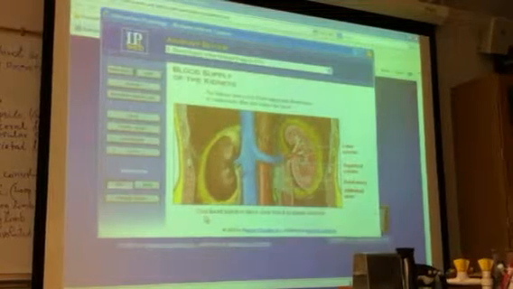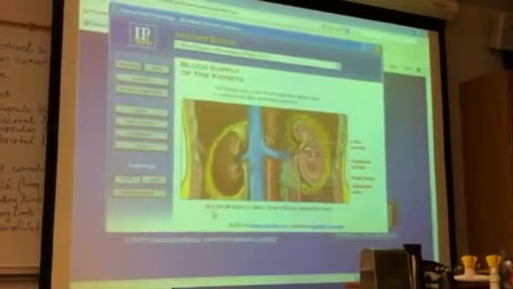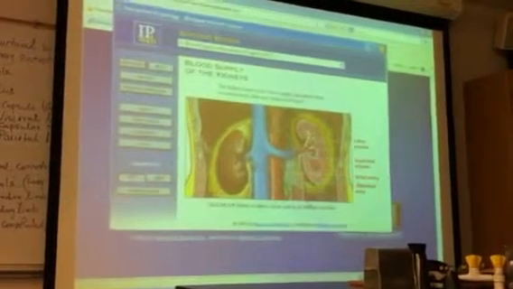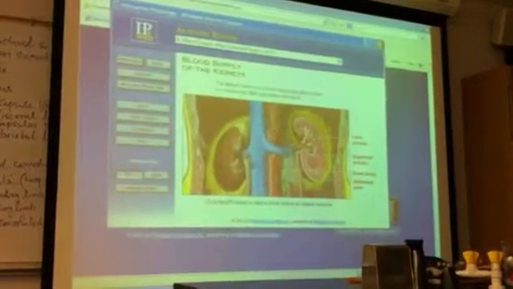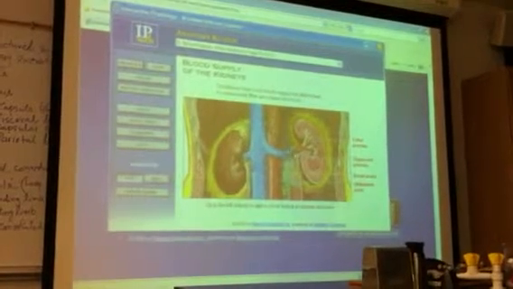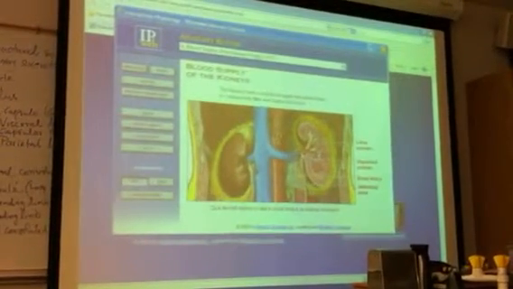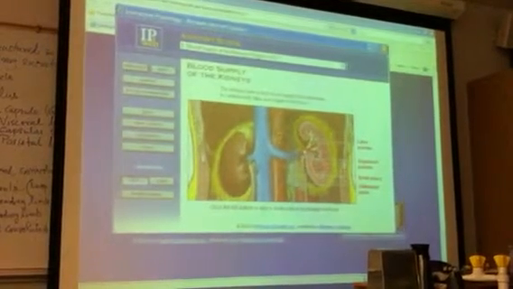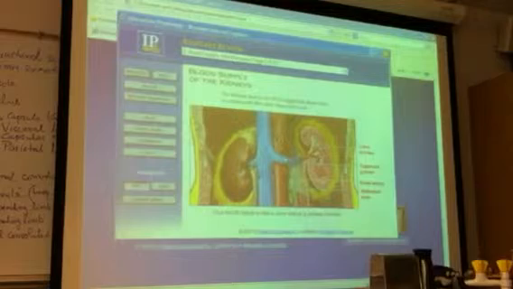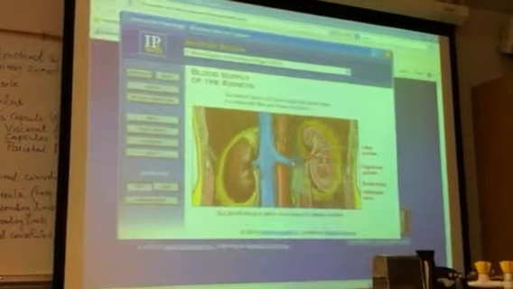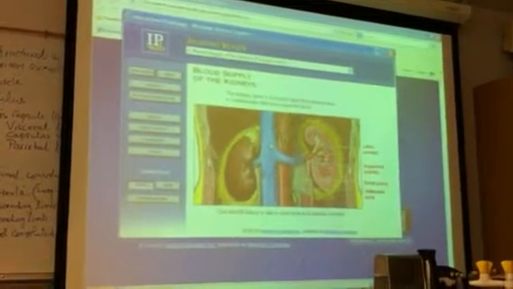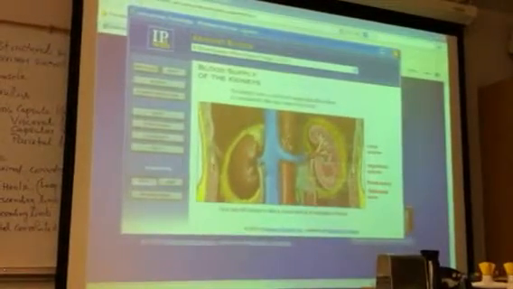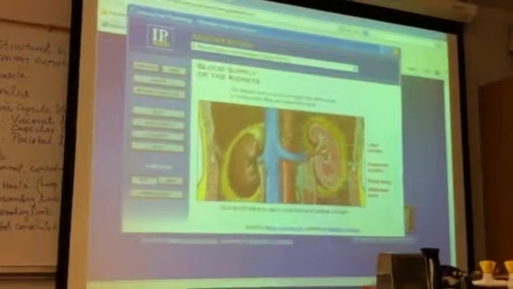Have you noticed something wrong there? Look at the renal artery. Is it renal artery or renal vein? So this is, follow my arrow, this is the renal vein. Do you get that? This renal vein is connected to the inferior vena cava, but this renal artery is branched off from the abdominal aorta. Okay?